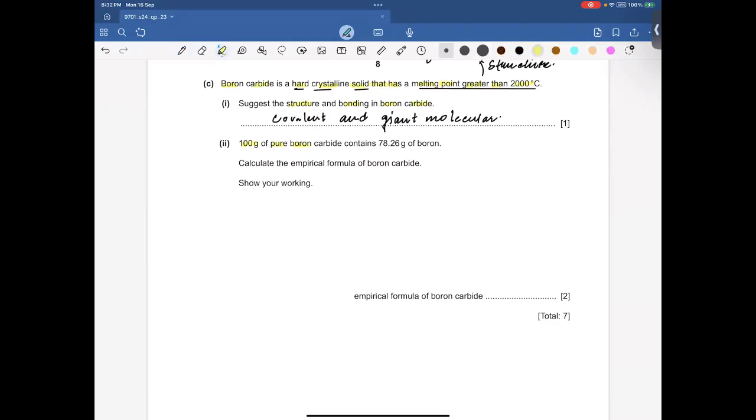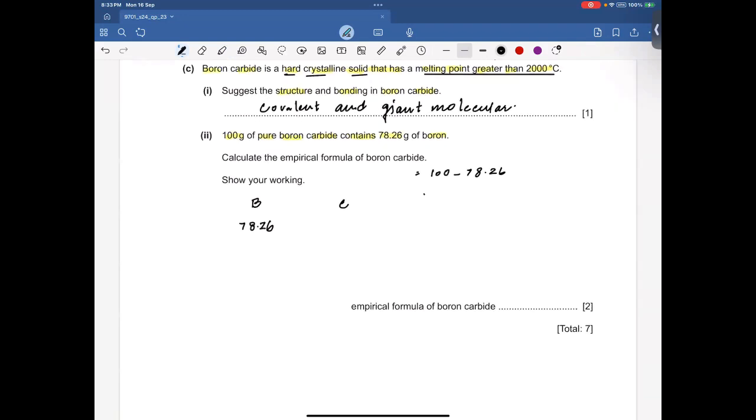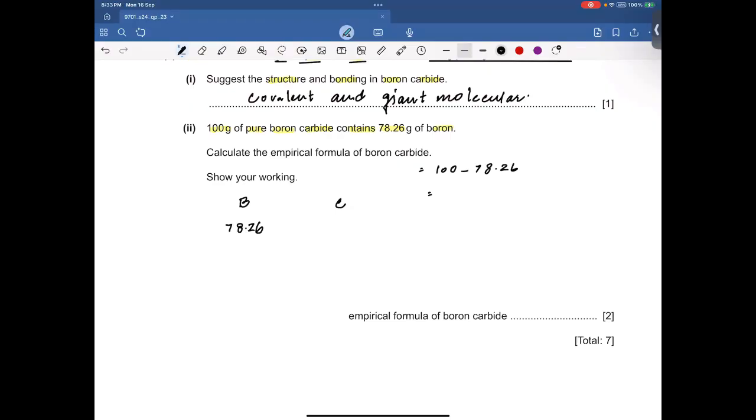100 gram of pure boron carbide contains 78.26 gram of boron. Okay, so the mass of boron is given, which is 78.26 gram. Now carbide. We have two elements in boron carbide. One is boron and the other one is carbon. And the total mass of the sample is 100. So we need to subtract 78.26 so that we'll get the mass of carbon from here. So 100 minus 78.26